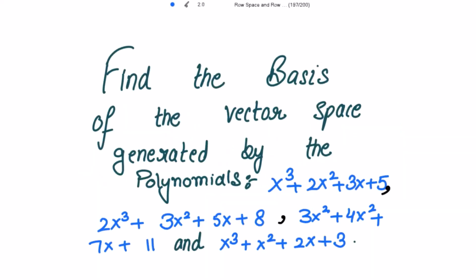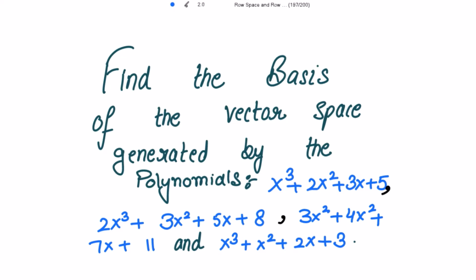This is a very important example. We have to find the basis of the vector space generated by these polynomials. So 4 polynomials are given to us, right? To get the basis that is generated by these polynomials, we have to first write the coordinate vectors of